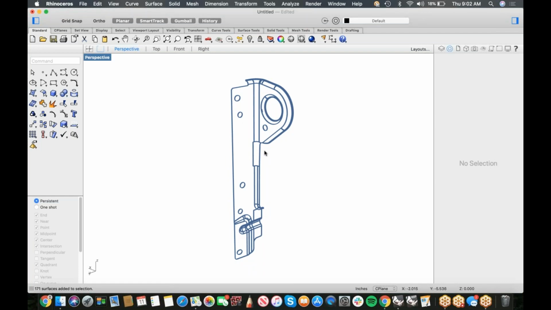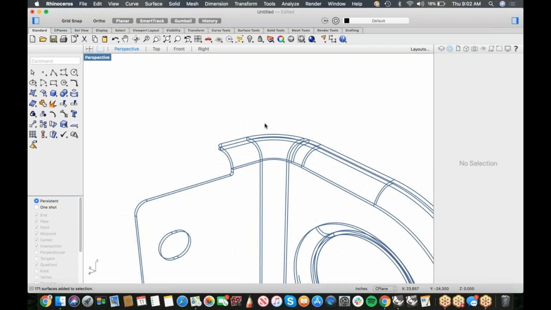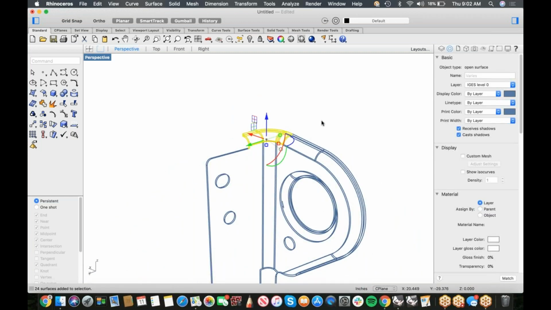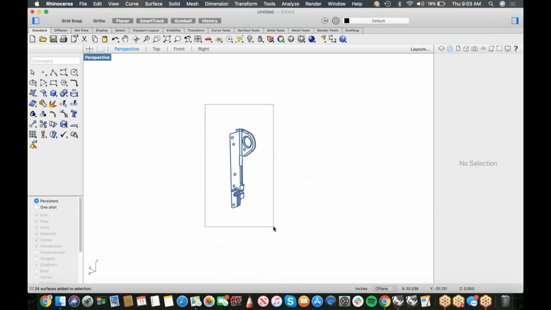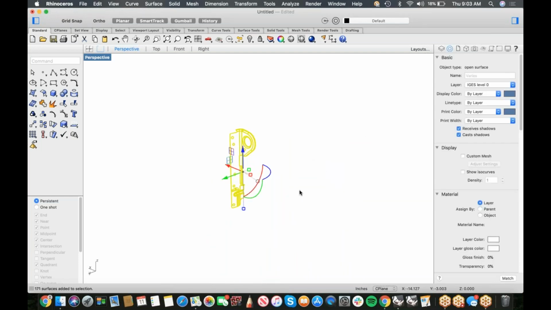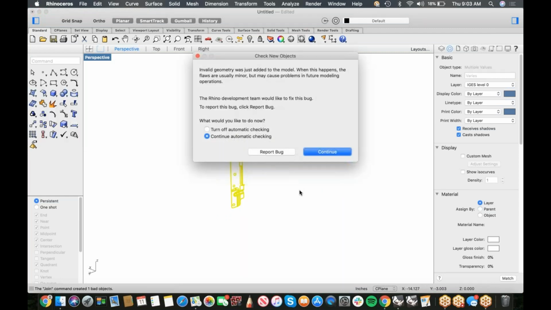And one of them is, as an IGES file, you'll notice if we pick this thing, that it's not joined. And so the very first thing that we want to do is take this and join it into a Rhino polysurface. So we're going to select everything. We're going to type join, hit enter, and it's going to say right off the bat,